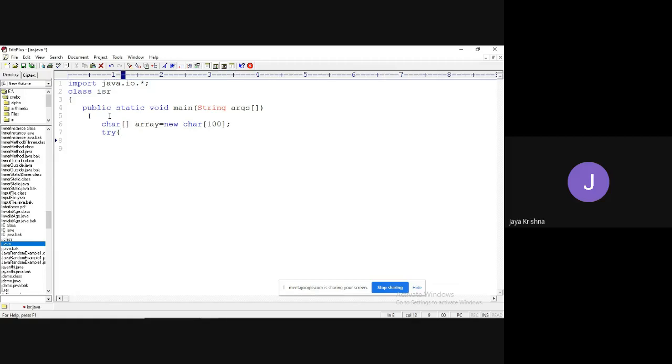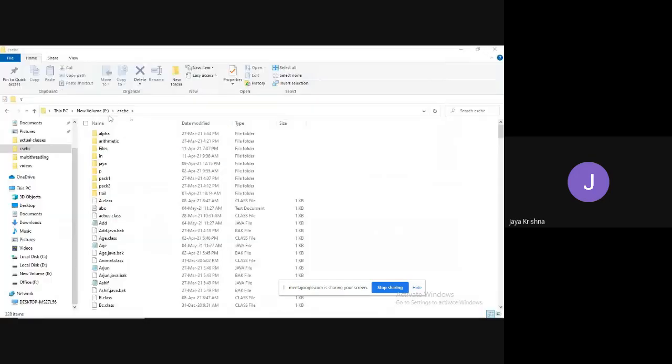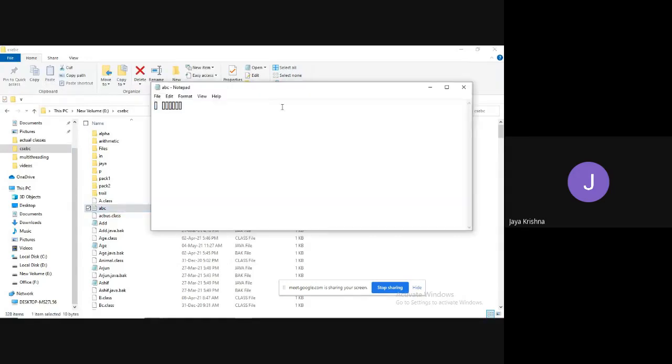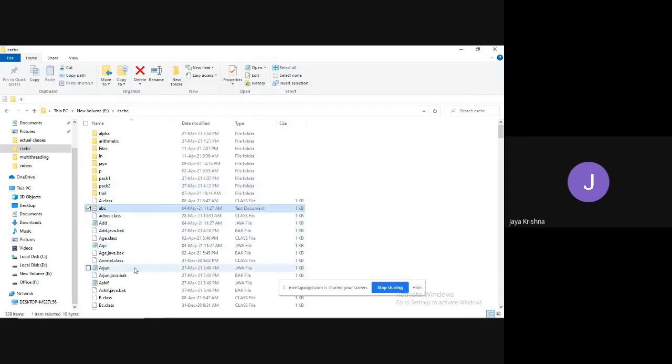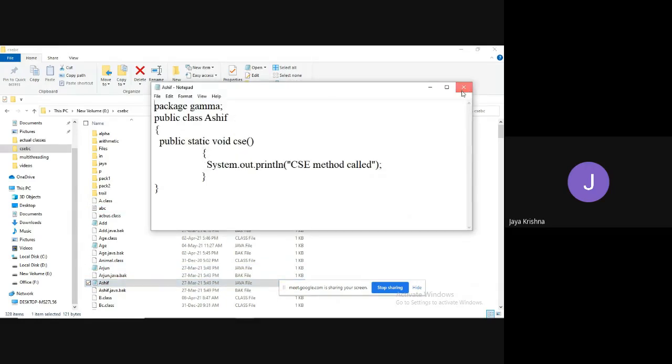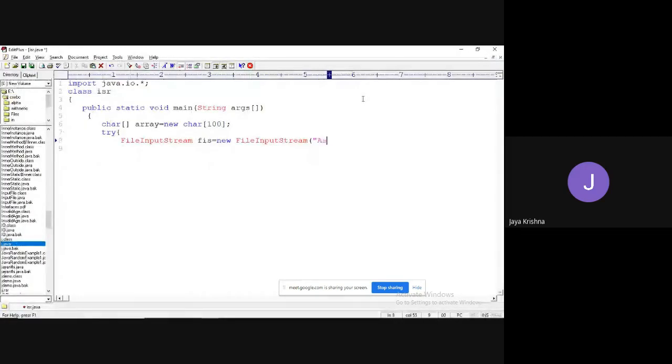Then I will use FileInputStream fis = new FileInputStream of the file which you want to open, for example, archive.java.